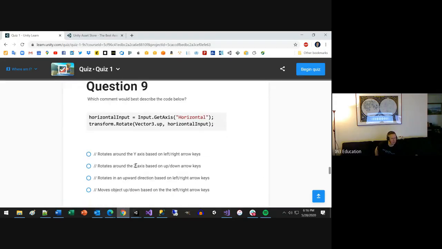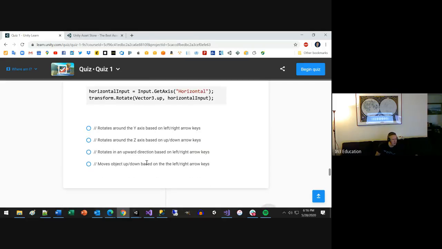What comment would best describe the code below? So it looks like we're getting an input value, and then that input value is being used to rotate the transform or the game object. So if you remember, every game object has a transform. The transform is the game object's position, rotation, and size. And so